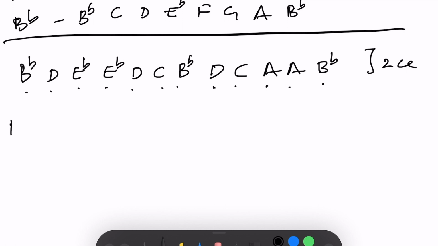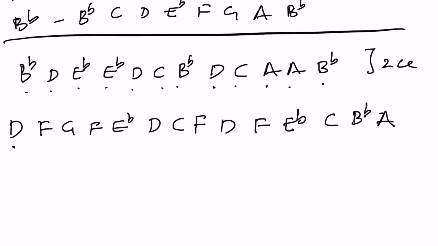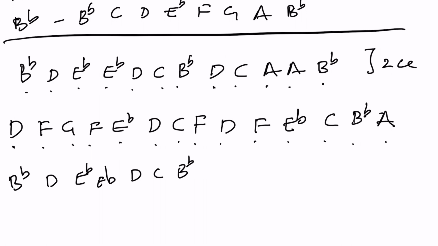Then the next line, I have D, F, G, F, E flat, D, C, F, D, C, F, D, F, E flat, C, B flat, A. And the last line is the same thing again. Okay. The last set of notes is so